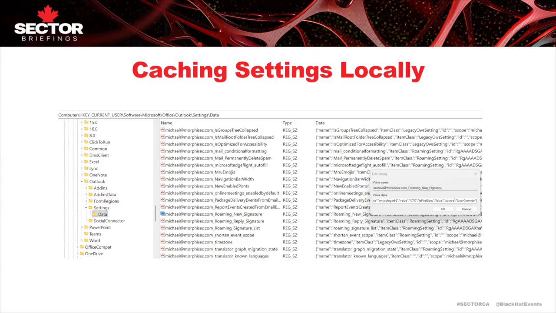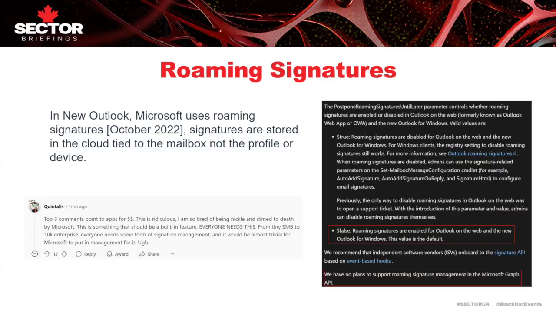We were interested in more structural settings that represent the strings and objects. So that led us eventually to roaming signatures. And this would be the topic of the rest of this talk or presentation, demonstration. Roaming settings is just one of those settings. Again, there's a bigger attack surface, as I just presented, overall settings.